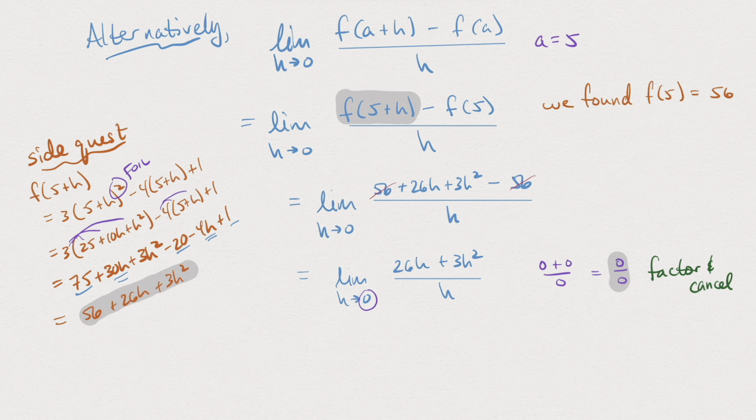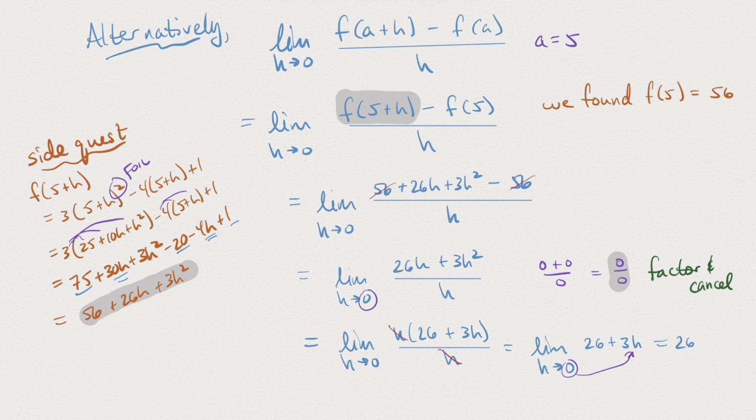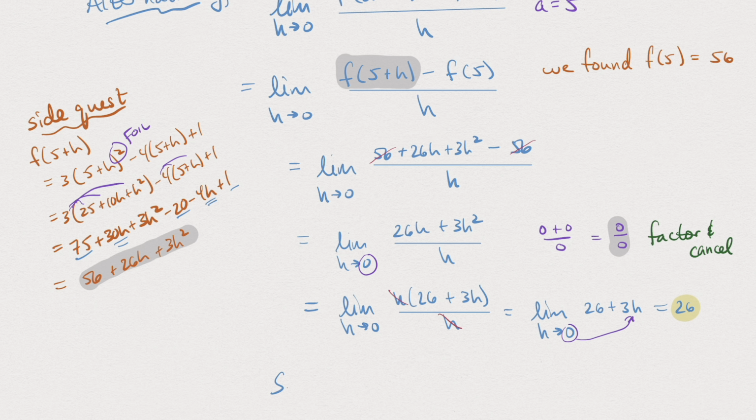And this is what I mean by finishing easier: the factorization and the canceling are quite straightforward here, because we just have to pull out an h, and then the h's cancel, and we have the limit as h goes to 0 of 26 plus 3h. And now when we plug in h equals 0, we're just left with 26, which is what we had before. And in conclusion, f prime of 5 is equal to